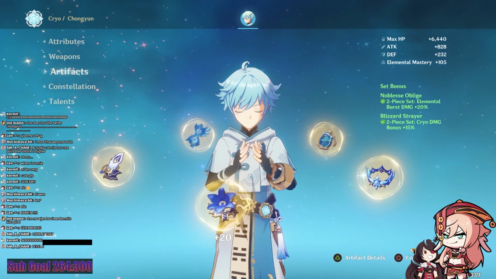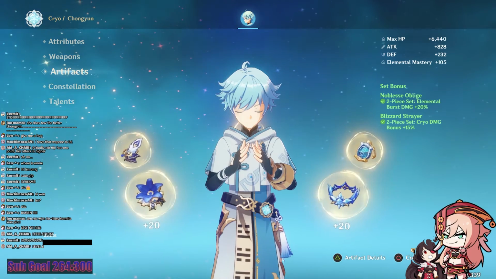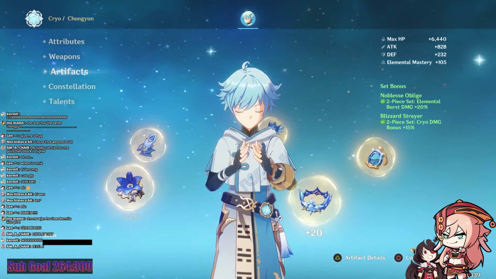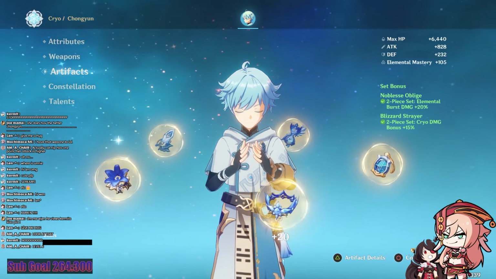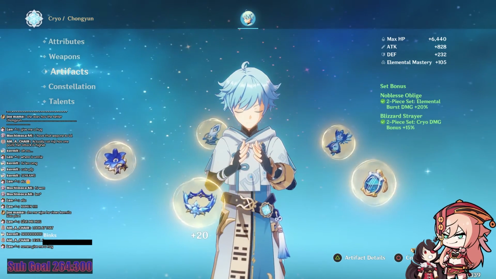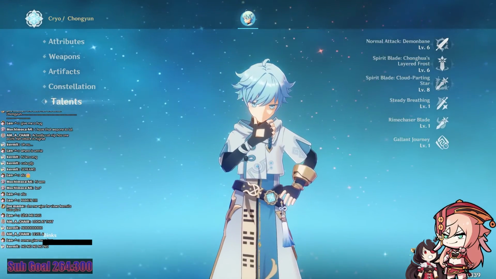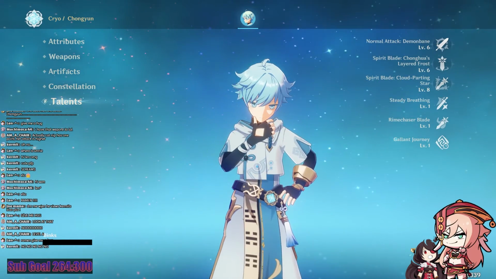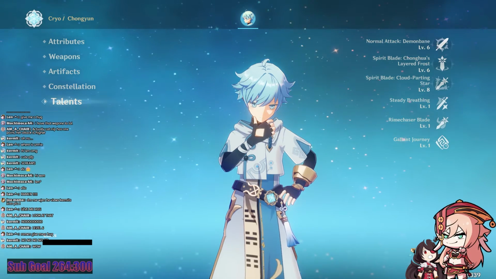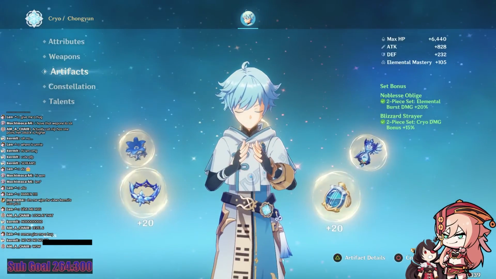Thinking about this, I think Binks has the better set, especially if you're not a main DPS auto attack Chongyun, which it looks like Kermit and Binks is building towards. Noblesse Oblige means higher damage on your burst, and that is what they've both invested in. So you get bigger numbers on your burst damage. So overall, I think Binks has the better set than Kermit,